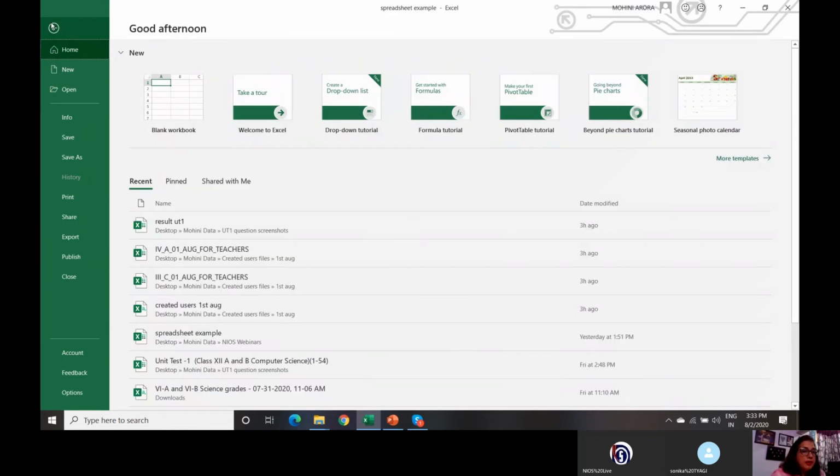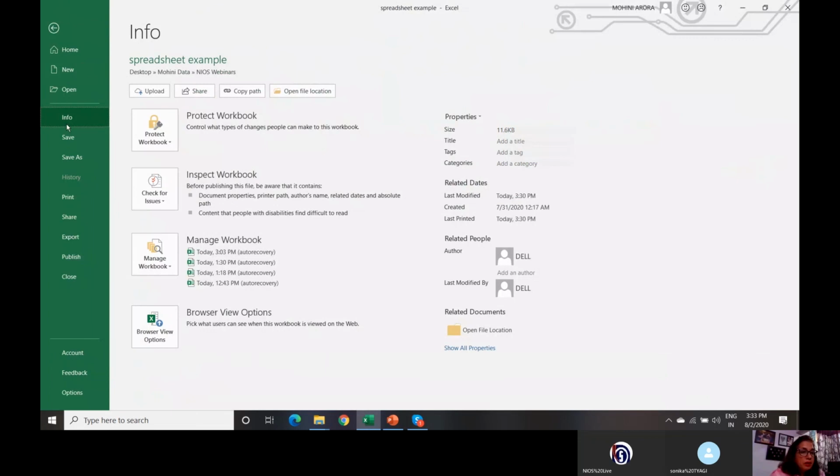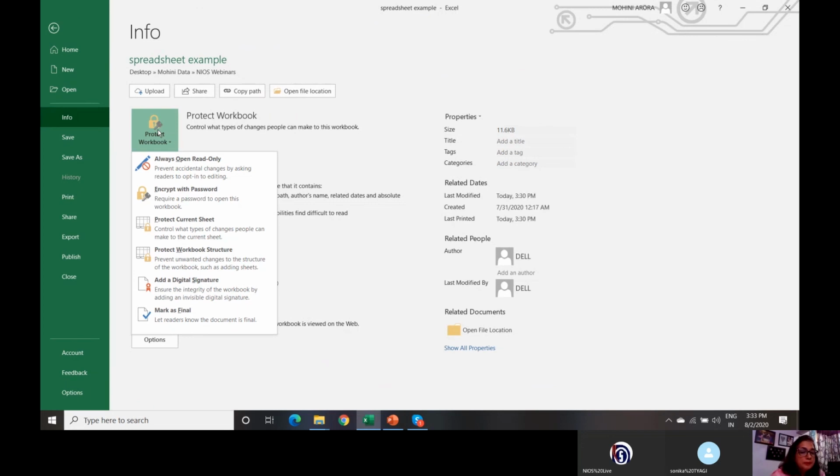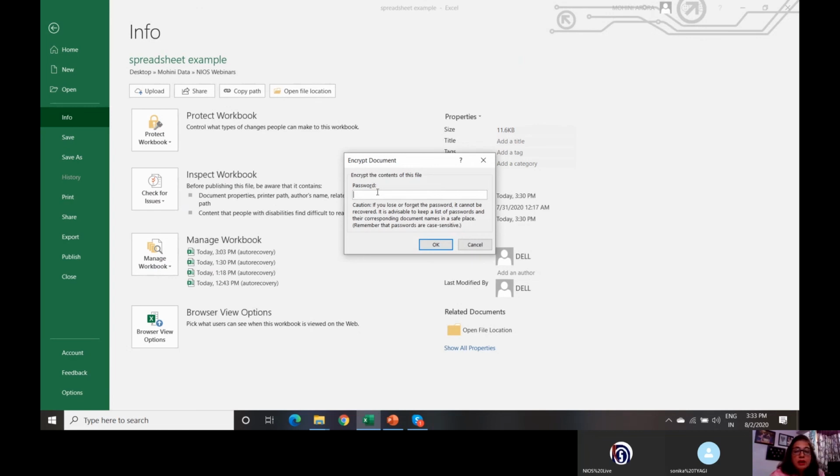So you click on File, you click on Info. The Info option has various sub options. Click on Protect Workbook, right? And then click Encrypt with Password. It will ask you for the password.